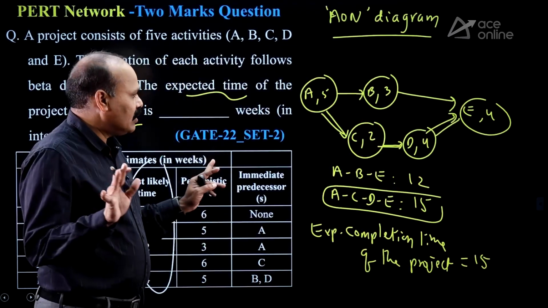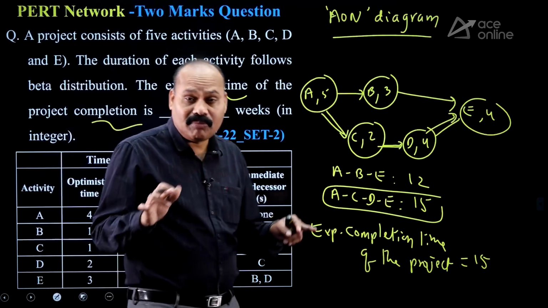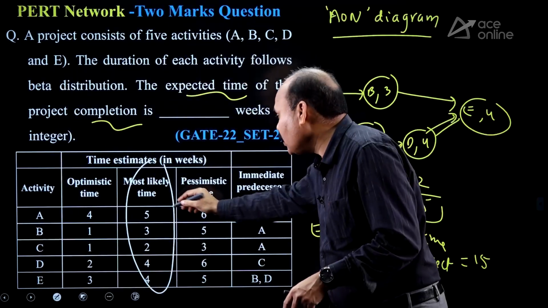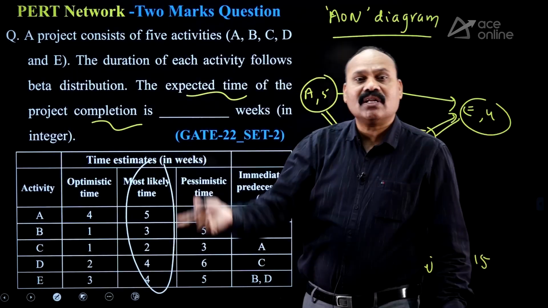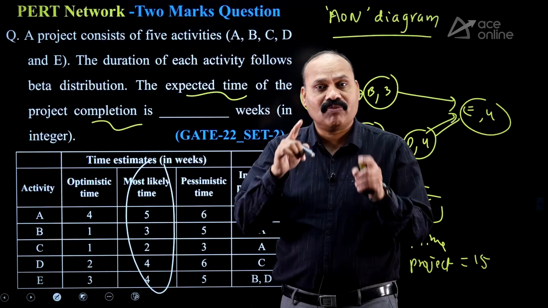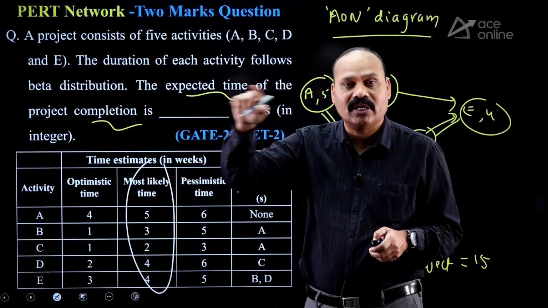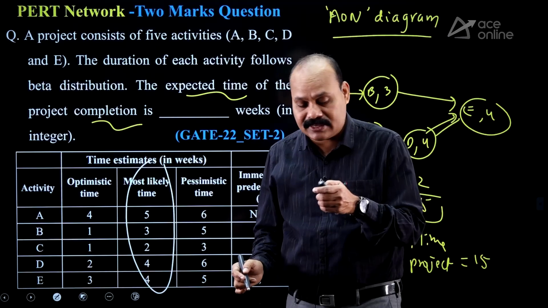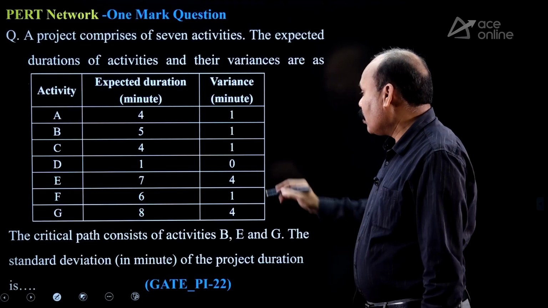Okay, here it is clear cut. The lucky thing, or maybe good thing, is that the 3 values are in arithmetic series. If the values are not in arithmetic series, you can make use of a formula. Which formula do you have to use? TE is equal to (TO plus 4Tm plus TP) by 6. Okay, next question.